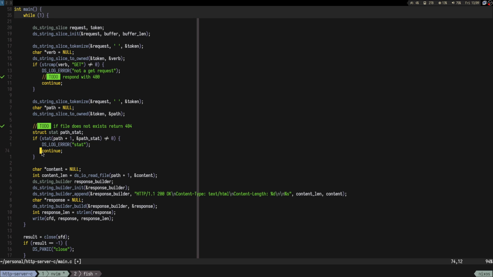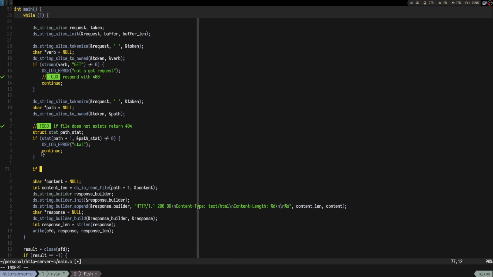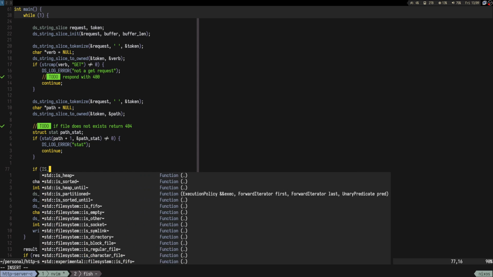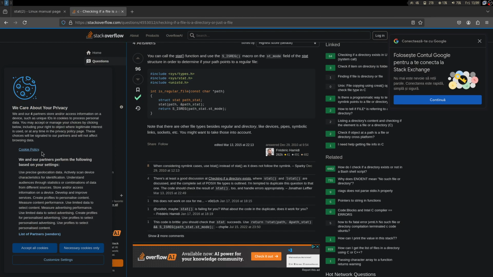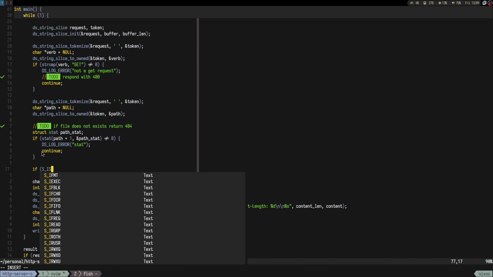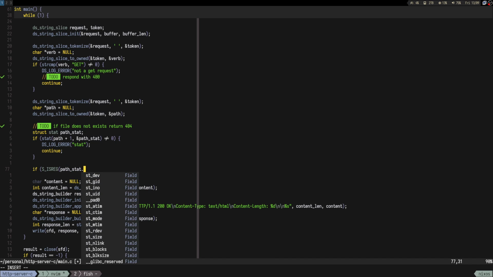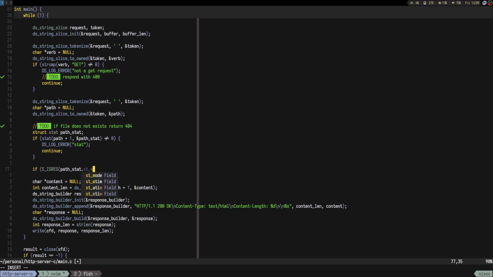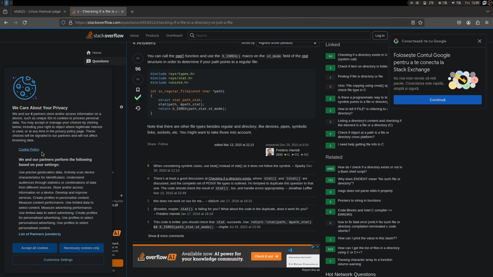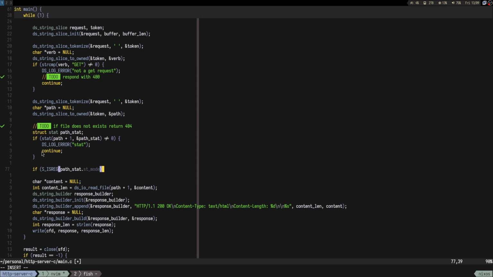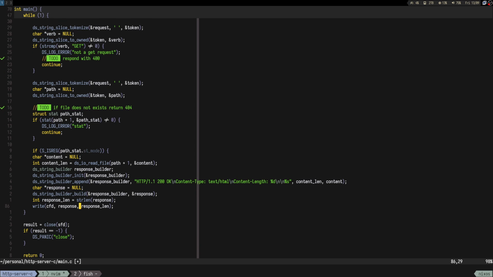So yeah, we'll have here like, if S is reg, no, S is reg. Okay, that's st mode, right? So if it's a regular file, we do all of this stuff